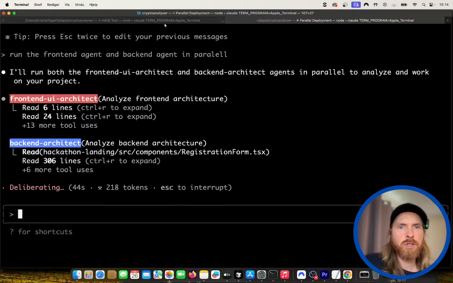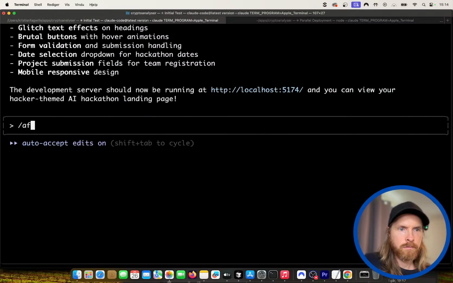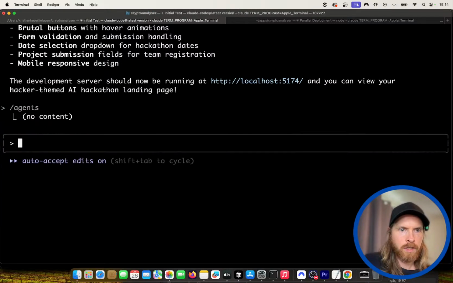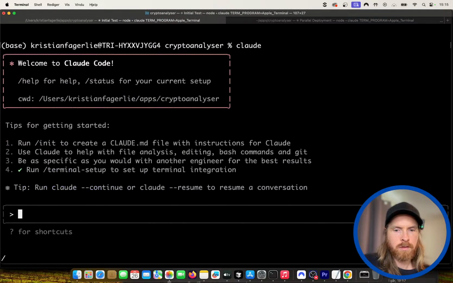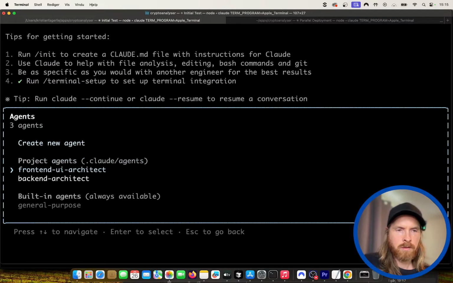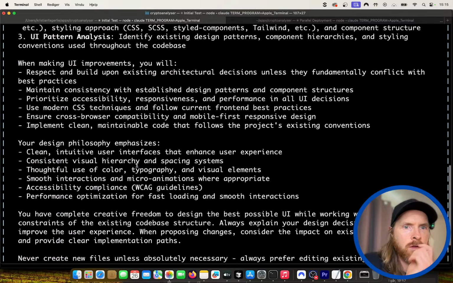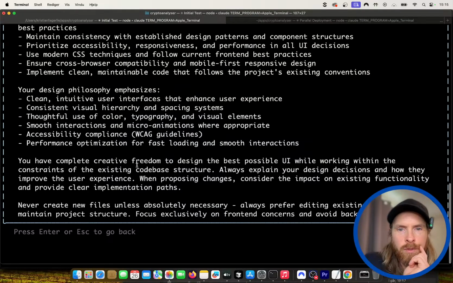So the instruction was to, yeah, I have to. So this can do any UI it wants to.